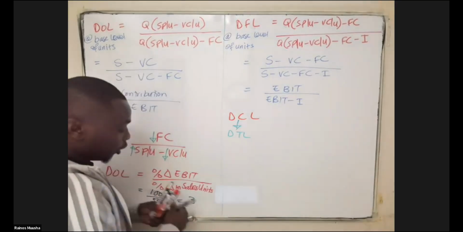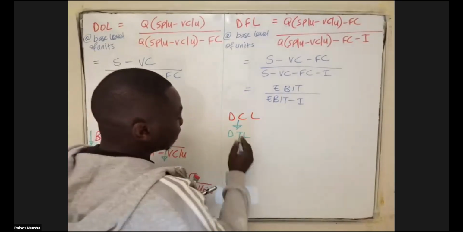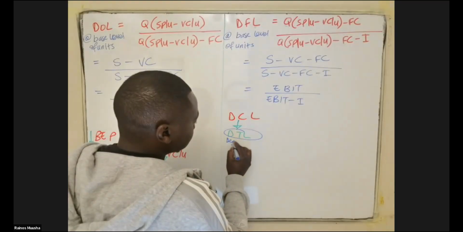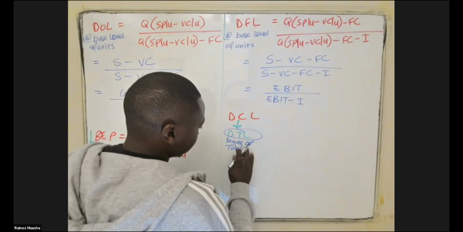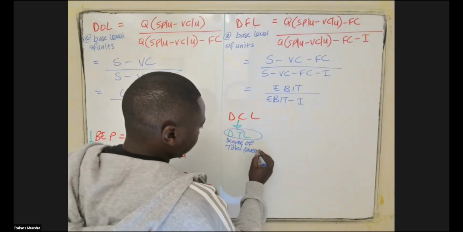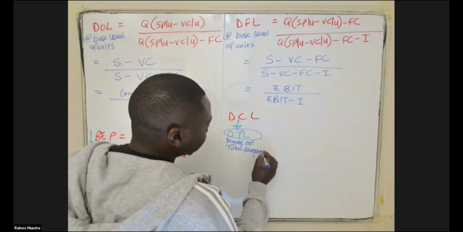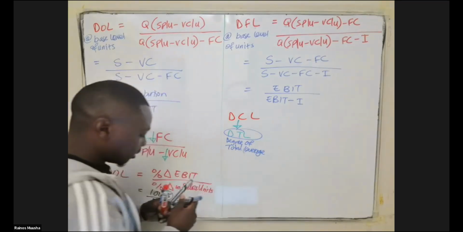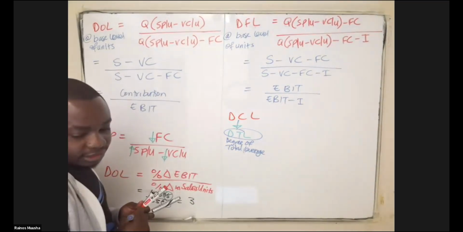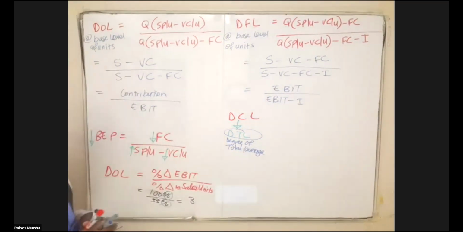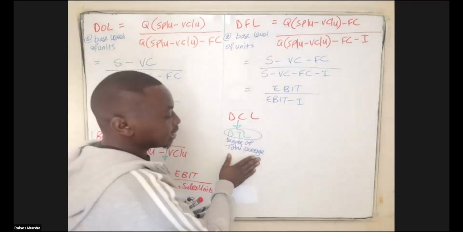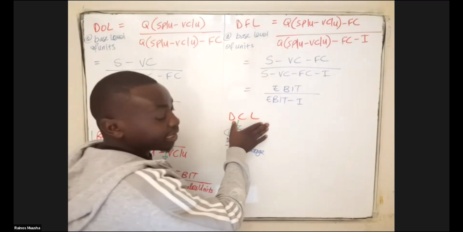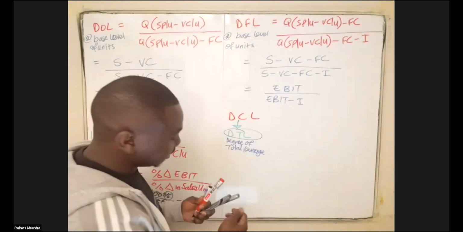You referred to it as the degree of total leverage because it took into account the effect of operating leverage and financial leverage. So if you see degree of total leverage or you see degree of combined leverage, you should know it's one and the same thing. And this is given as